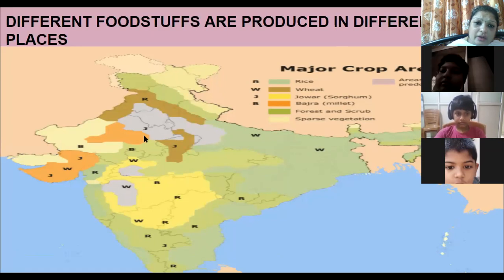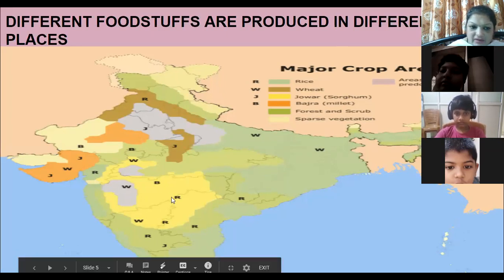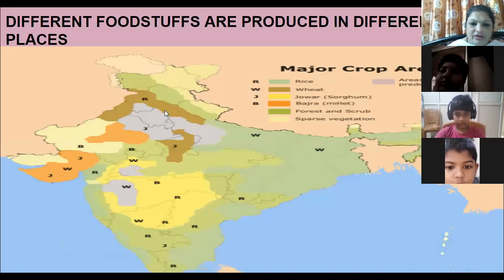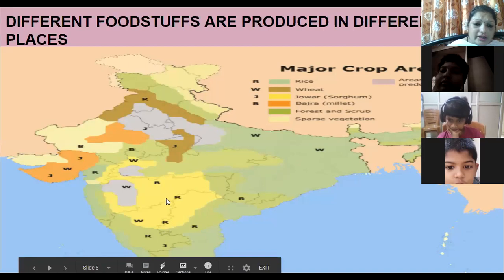Now how does this wheat crop reach you? We are living here in Maharashtra and we are eating chapatis made of wheat flour. How does it reach you? What are the techniques used? When they have the harvest of the wheat crop, the entire wheat or rice crop or any other pulses are transported to different regions of India. How is it done? What do they do? It should not get spoiled in transport also.